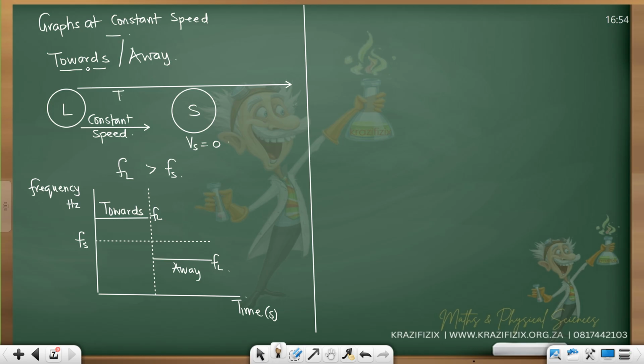At this point, the listener is moving towards and then moves away. This guy is stationary. And then here, FL. Even better, we put everything together in one spot. When we're moving towards,